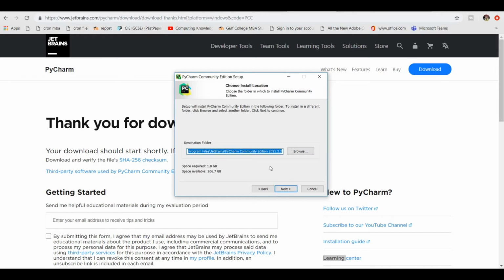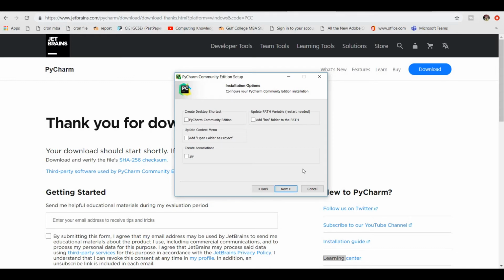Click on next. It will show me the location of installation. If you want to change the location, you can change it. Otherwise you can click on the next button. You can check the first option to create the shortcut of PyCharm editor on the desktop.